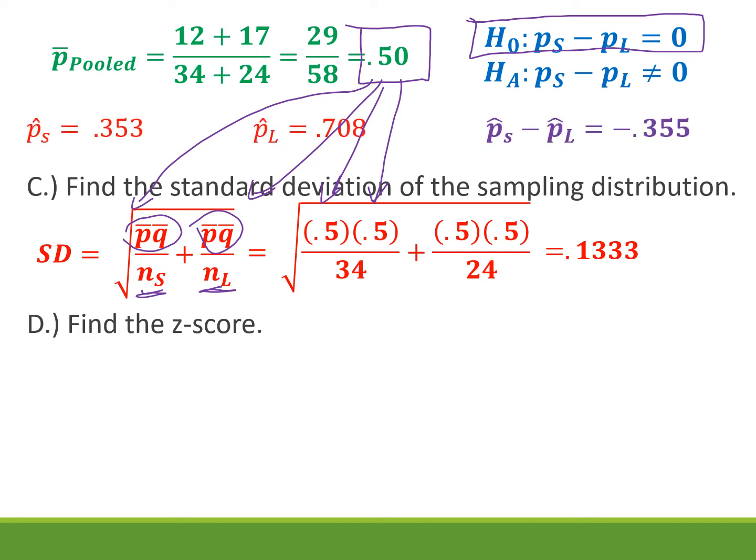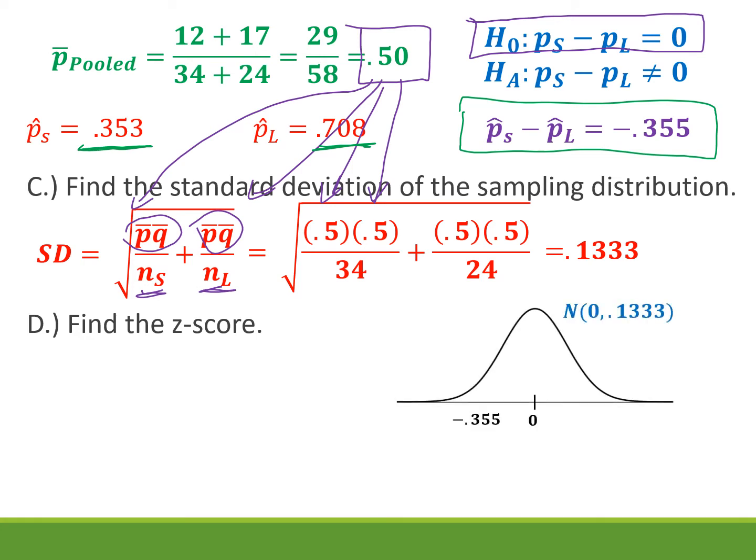Okay, so now let's go back and look at our sample proportions again. So small nursing homes had 35%. Large nursing homes had a lot more, 71% about. Okay, there's a difference here of 0.355. It could be positive or negative depending on which way we subtract it. That's really not important. So when we find a z-score, we want to see how unlikely that difference would be. Would it be unusual to see a difference of negative 0.355 based on this standard deviation